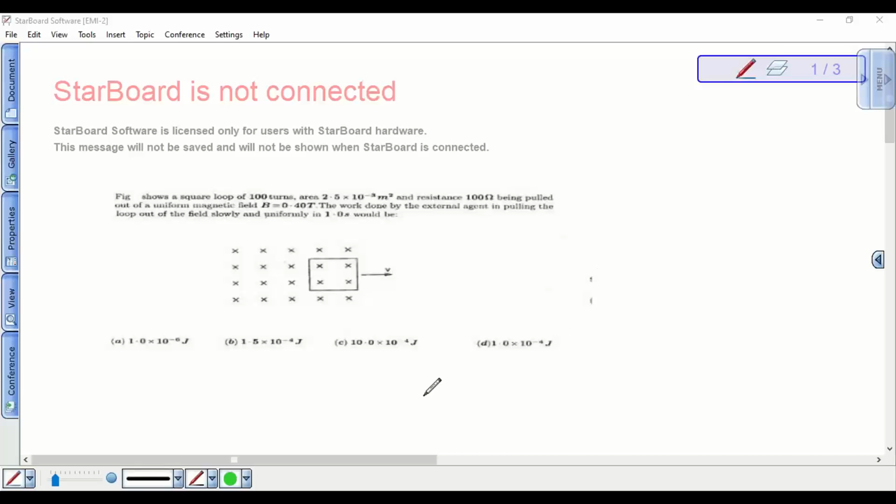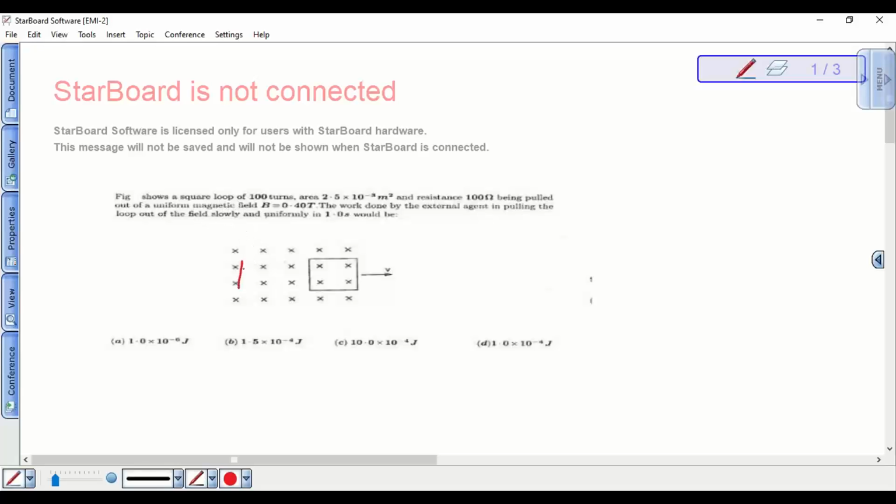I think this is question number 4. So if you look at this square loop, the area of the loop is given to us, resistance is given to us, magnetic field is uniform in space. We need to find the work done by the external agent in pulling out the loop. So in order to find the work done by the external agent, we need to